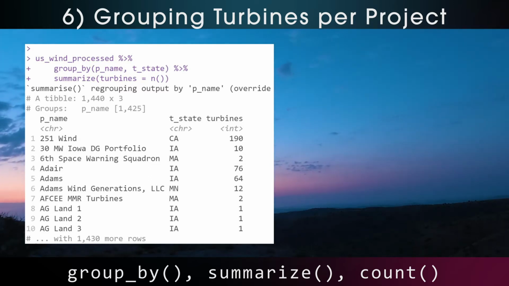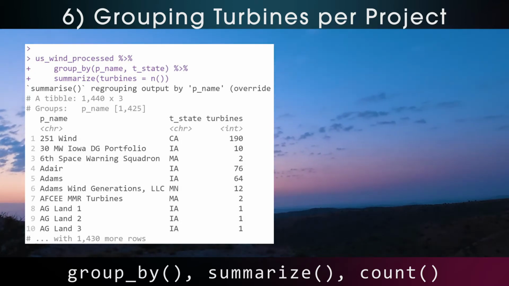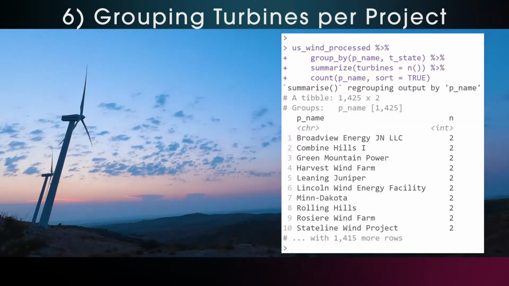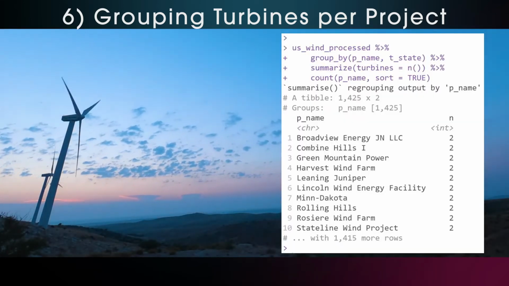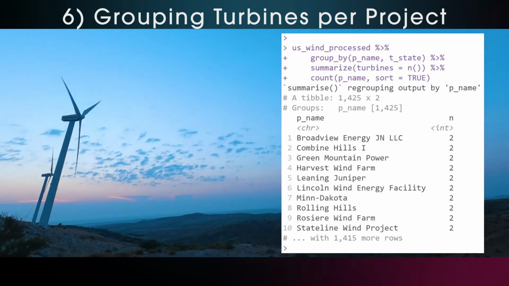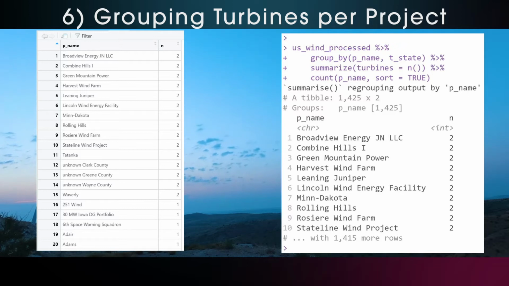Then instead of 190 closely clustered dots for the 251 wind project in California, we would only have one big dot with average longitude and latitude location values. Before we do this, we have to check whether some project names are used in multiple states. If we follow up the code with count on project name again, we get 15 cases of projects that are